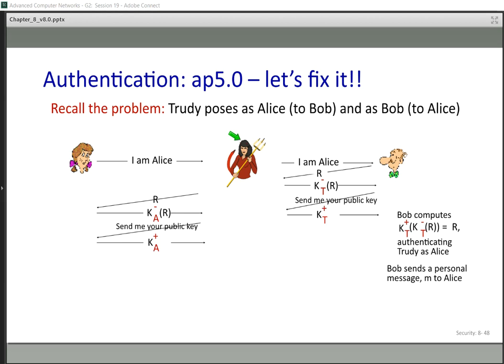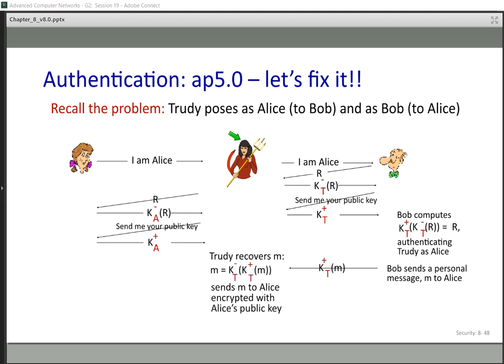But Trudy can read the messages between Alice and Bob, or Trudy can alter the message. For example, Alice says, "Oh, Bob, I love you," and Trudy can say, "Oh, Bob, I hate you." Trudy is in the middle of this communication path. So Trudy can just sniff the packets to learn more about the relationship between Alice and Bob, or Trudy can alter the messages too.